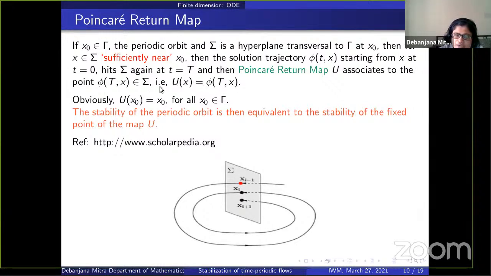That's how we define this Poincare return map, and one can easily observe that u(x naught) is equal to x naught if and only if x naught comes from the periodic orbit, because the trajectory will then be that gamma if x naught is coming from gamma, and that will give you the fixed point of this Poincare map u. In other words, the stability of the periodic orbit is then equivalent to the stability of the fixed point of the map u. So this is the correspondence between